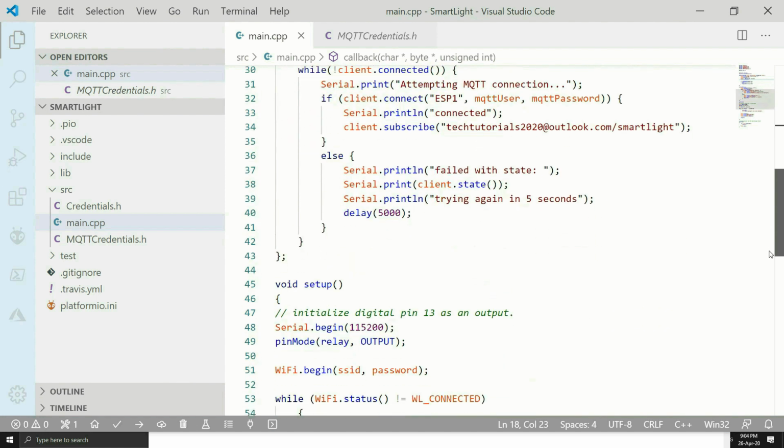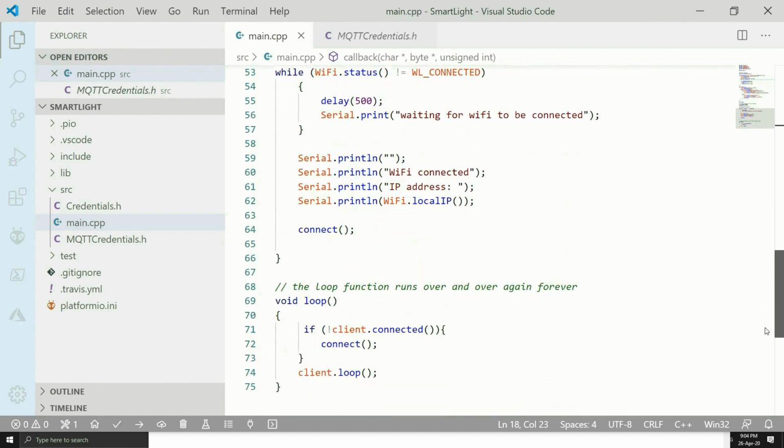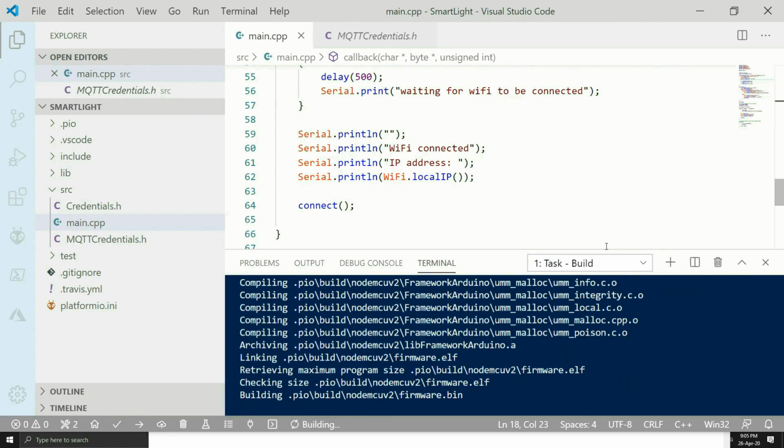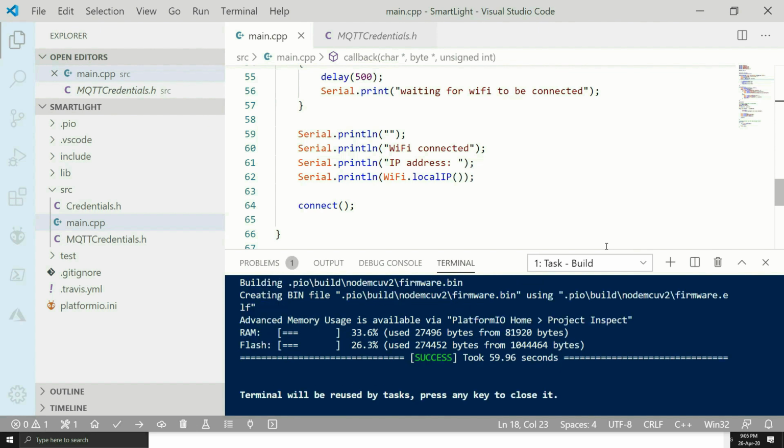Okay, so I believe we are good to go. Let's compile our code and try to execute it. And now let's upload the code.